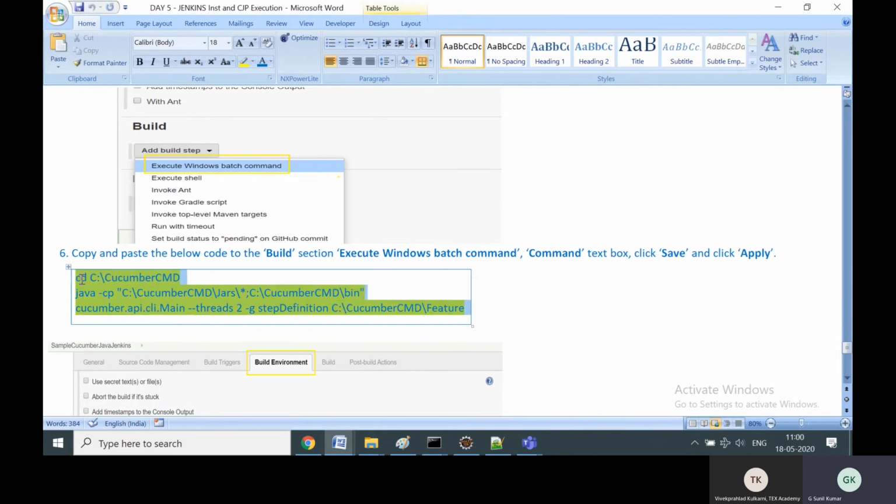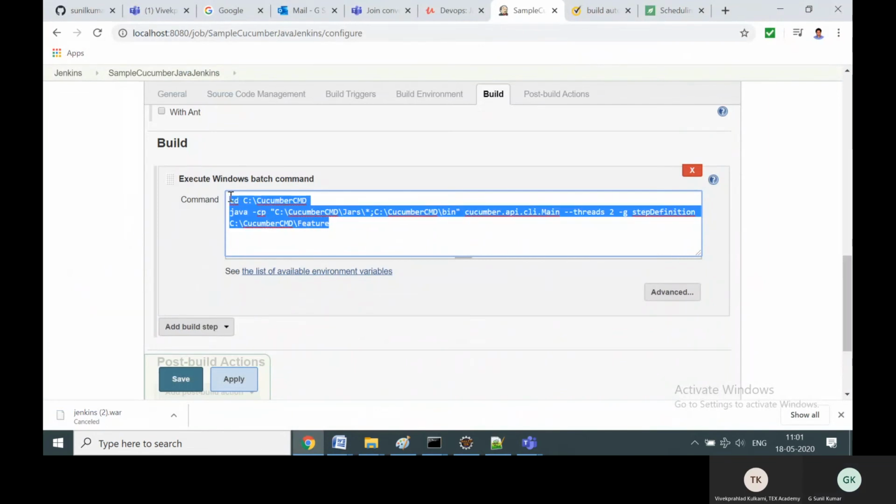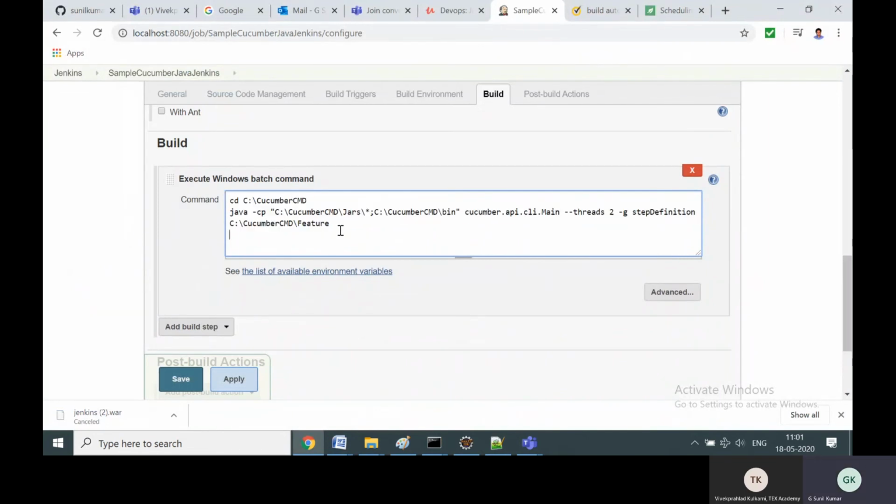The same command, copy it with Control C. This batch file is going to navigate to the folder and execute this Java -cp feature command. So Control C and Control V. Paste it.